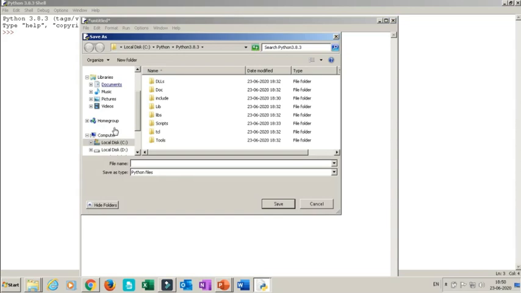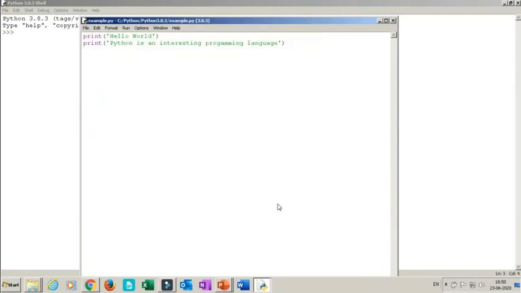So I am saving this file as example. You just give the name example, it will automatically take the extension as .py. Just click save. Now the file has been saved. You can see in the title bar example.py. So Python automatically gives the .py extension to the file.